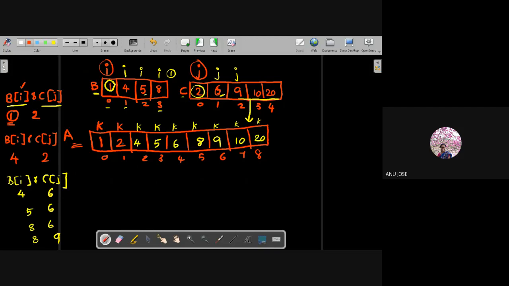If from B I have copied an element to A, then the i index should increment. If the element is taken from C to A, then the j pointer should increment. This is the basic logic of merging. At the end, you will get the final resultant array, which has all the elements in sorted order. Are you clear with this logic?